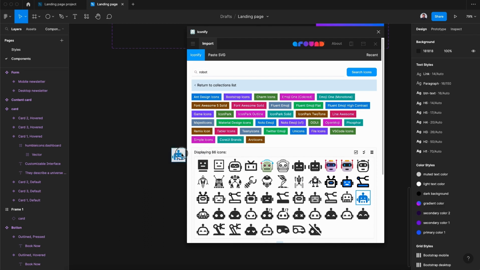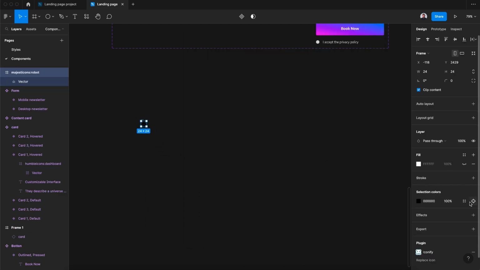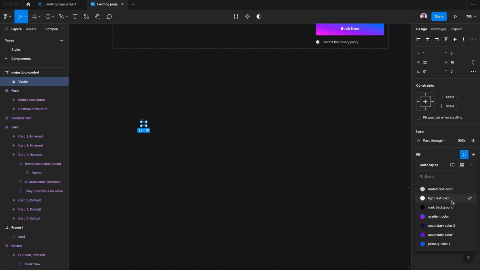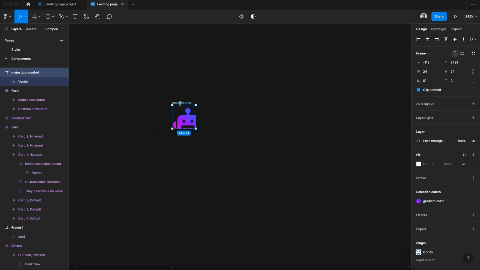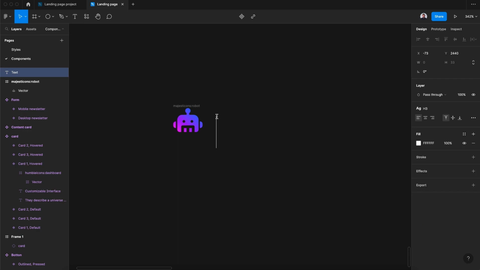Let's pick this icon, click and drag and change its color style to gradient color. Then change its size to 30 pixels. Here, click in its container frame and click resize to fit. That's great. Now let's create a new text layer. Type in glitchy. This will be the name of my